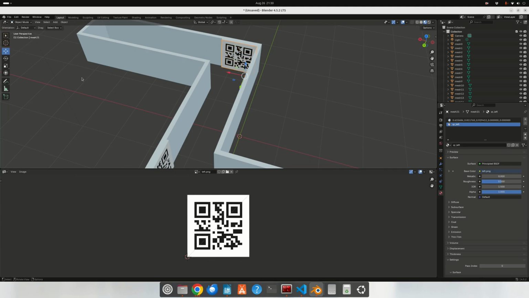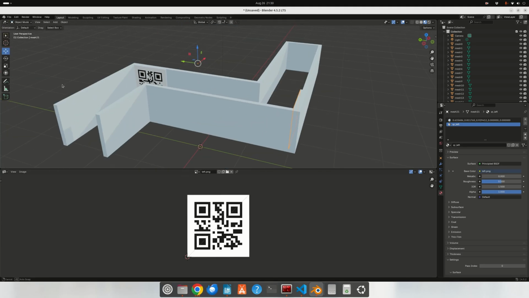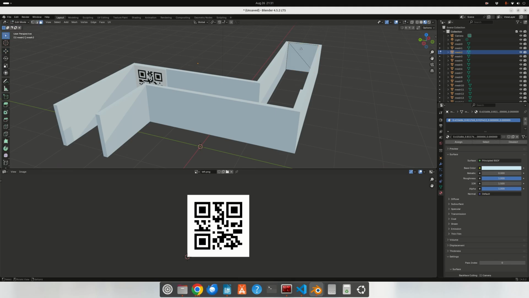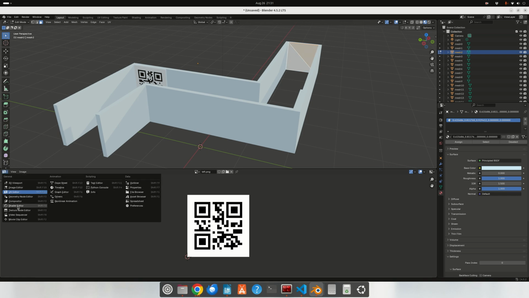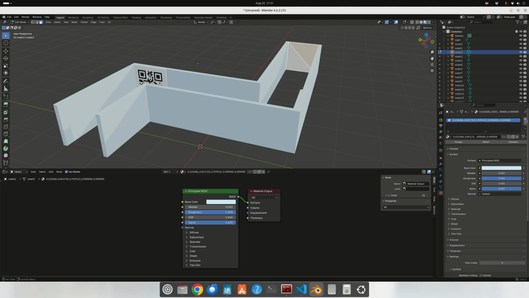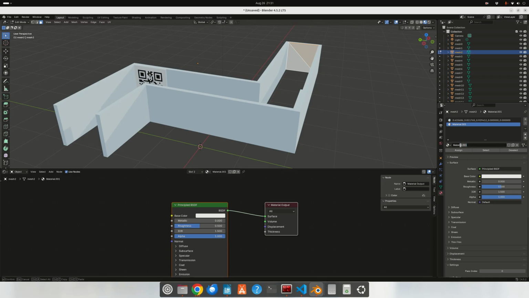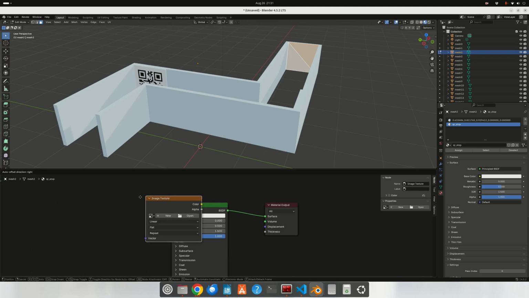Final one, so go back to object mode again. That's the face we're going to want to use. We're going to change to edit mode, select both those faces, go to shader editor, add a material slot, add a new material, and we'll call this one QR stop, assign it, come over here, click on the black space, Shift A, texture, image texture,